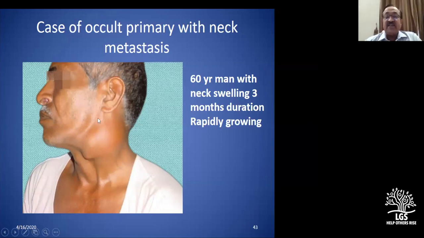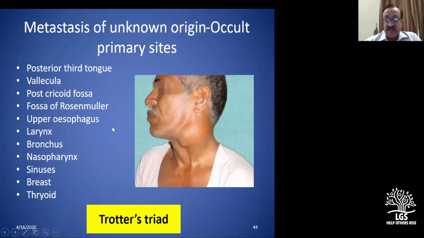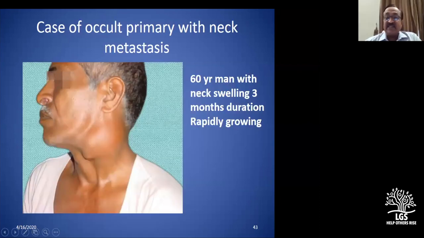I'll give a quick history. A 60-year-old man has come with a neck swelling of 3 months duration, rapidly growing, 5 kg weight loss, loss of appetite. And he also complains of some pain which is going near the ear, an earache. So this is the patient. May I ask someone to ask me questions related to the case, the so-called negative points in the history, so that we can proceed, please.